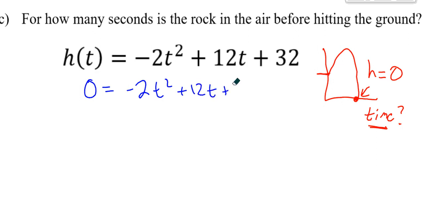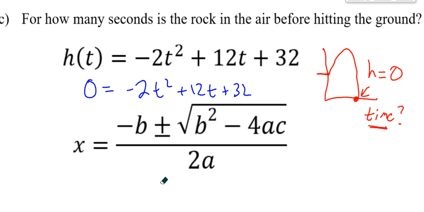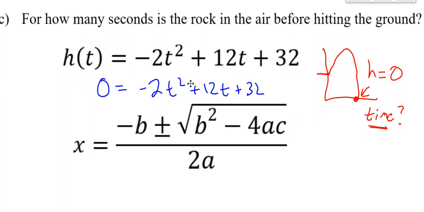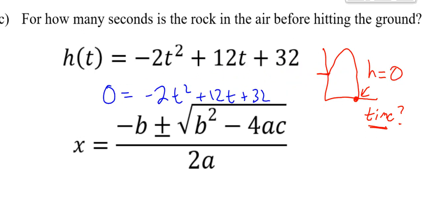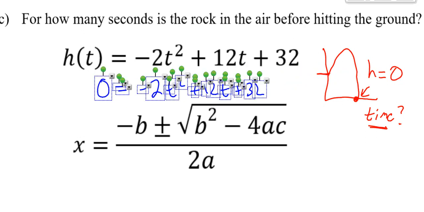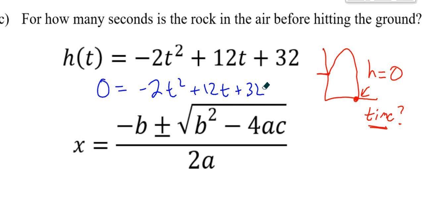So once you let that height be 0, you now think about, okay, how am I going to do this? So you could use the quadratic equation. As long as it equals 0 and you have a standard form equation like I do here, ax squared plus bx plus c, you can take the a, b, and c values, making sure to maintain the positive and negative of each value, sub it into this equation, and because it has both a positive and a negative, we'll get two different answers representing the two